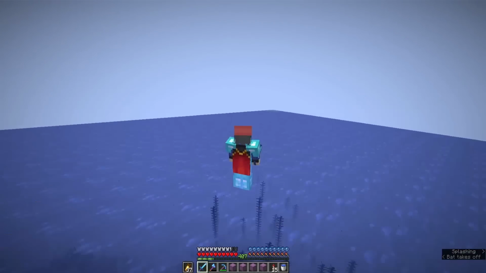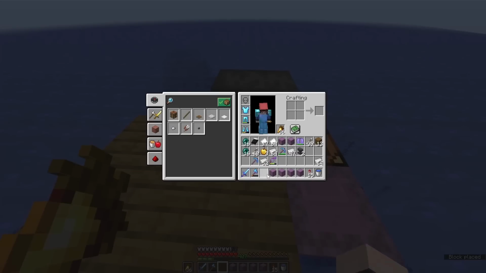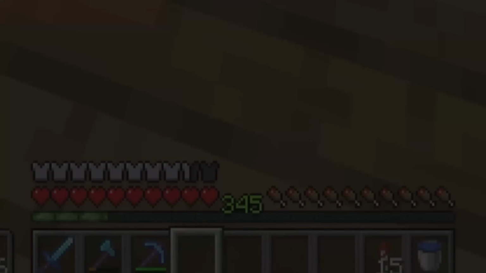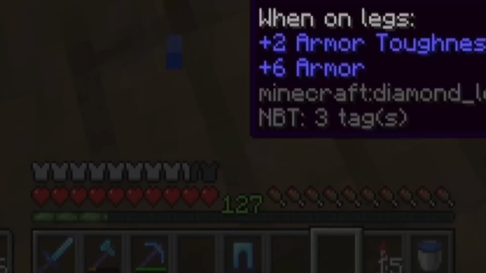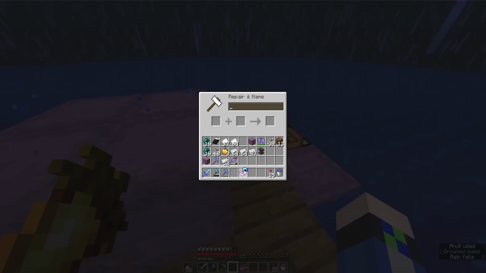Because I reverted back to an older version, all the chunks around me got reset as well as landed me in an ocean. I made a platform and began combining books and put it on my diamond armor. Slowly, I started to run out of books, and my levels decreased. I was nearly done with everything. The only thing I had left was to combine the last book on my helmet and...